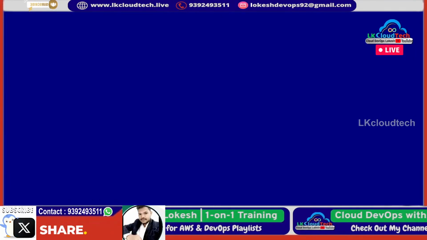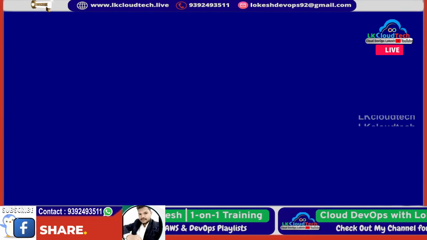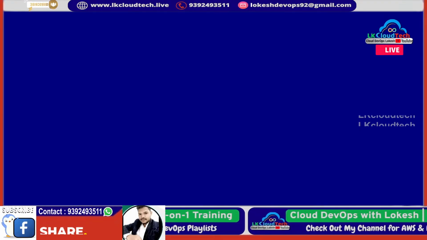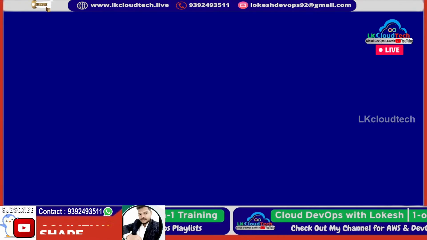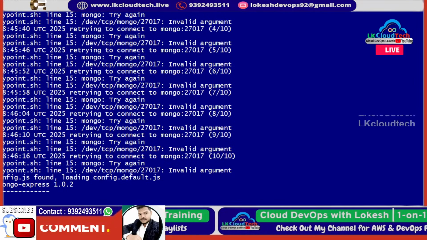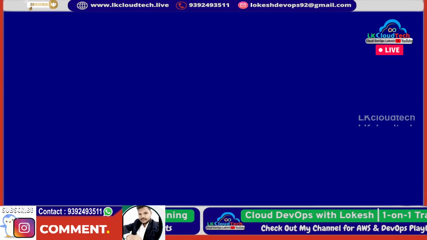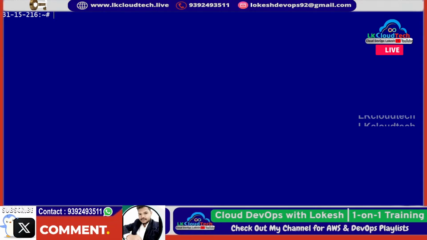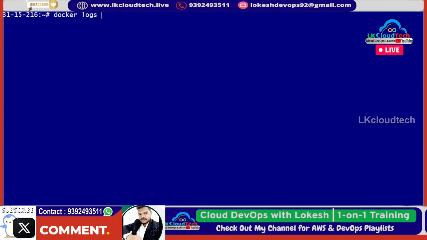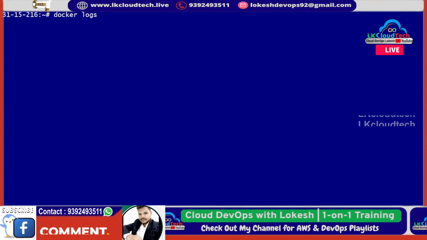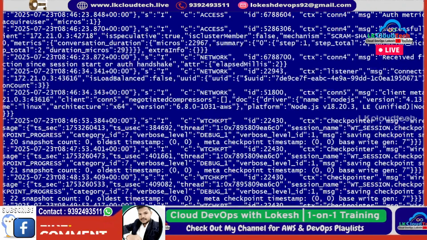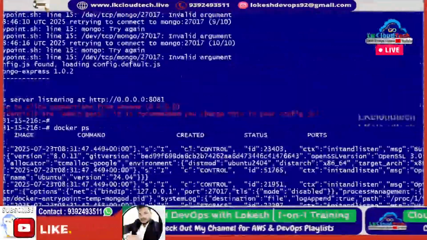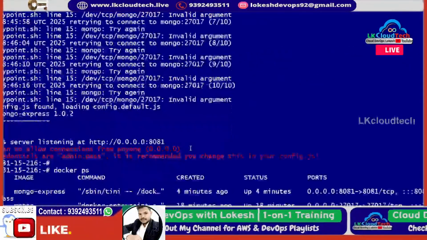Again, docker logs. What is docker log? Yes. Oh, Mongo Express. Let me take again. Docker PS. Okay. Docker logs, and this is the ID of the container. So whenever I created it,